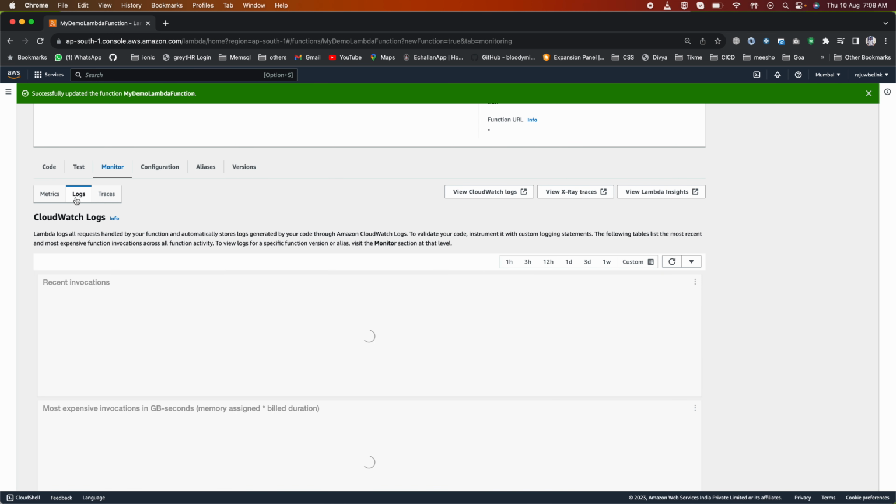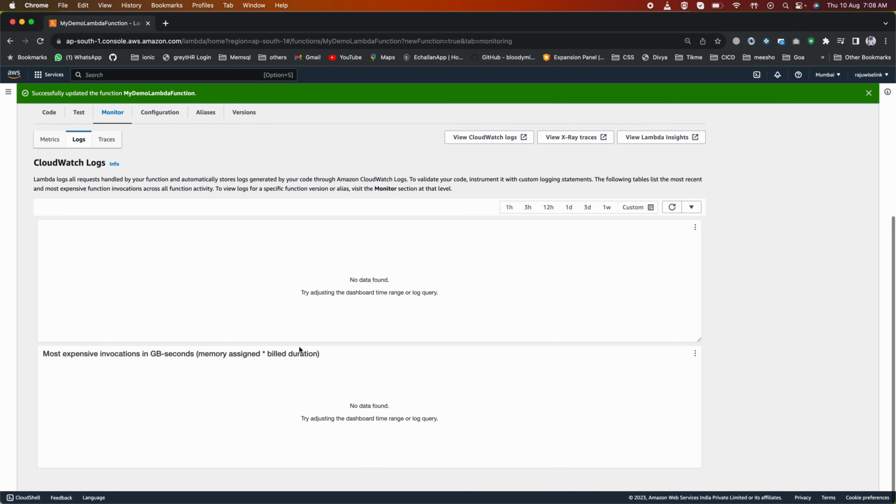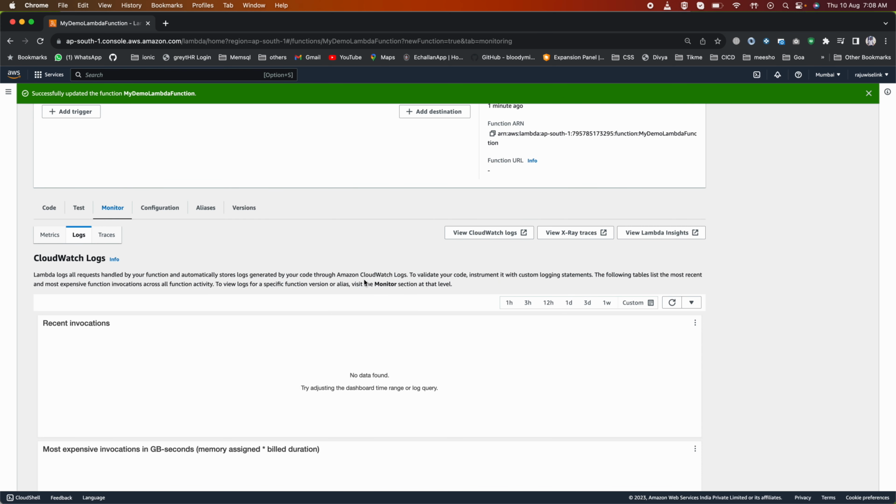So if you go to logs here, it will also be creating logs for each. So for each Lambda function it will create logs. Okay,